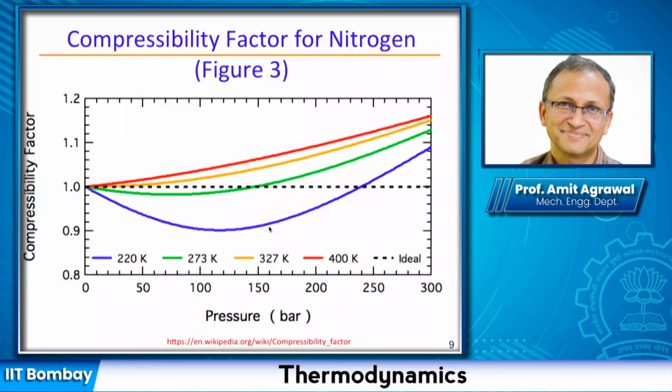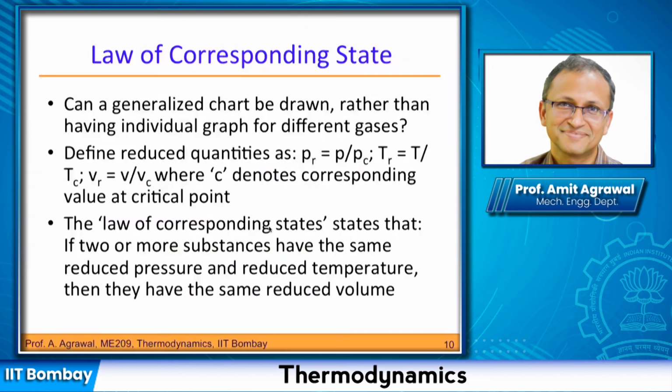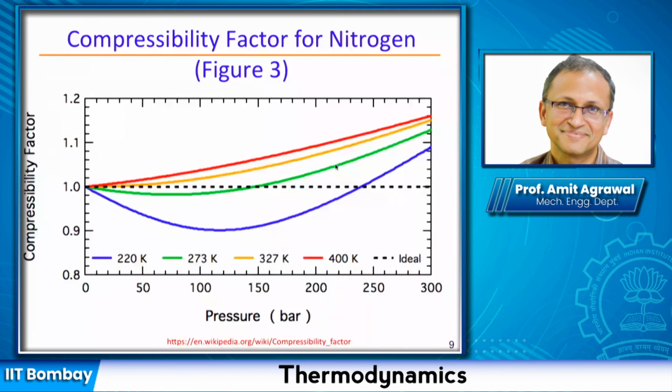And that leads us to this interesting idea: can we define things on a different axis? Can we use a different set of non-dimensional parameters? Now I'm going to introduce the idea of non-dimensional parameters, which you will see is a very, very useful concept when you go to a fluid mechanics course. Essentially, can you non-dimensionalize things with respect to some other parameter and make all these various charts for various gases fall on a single chart?